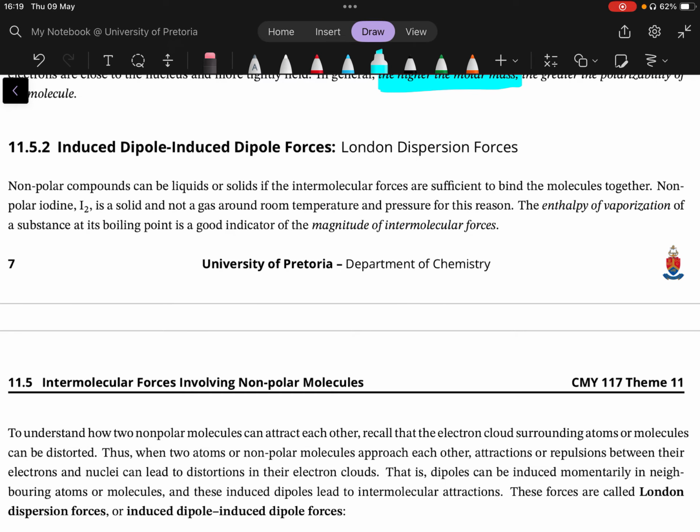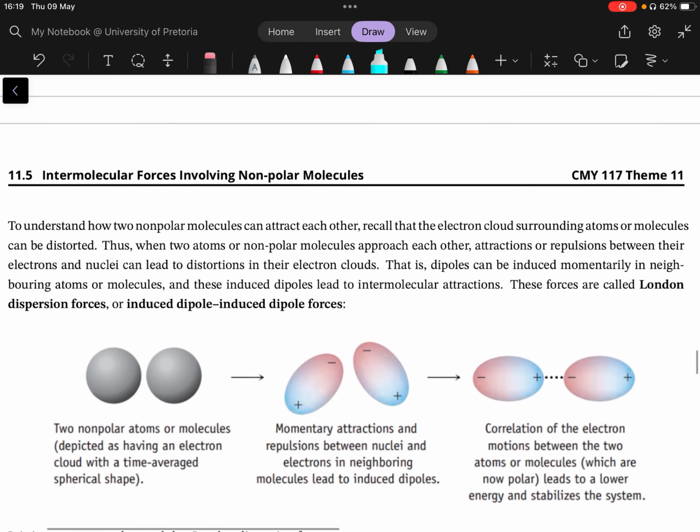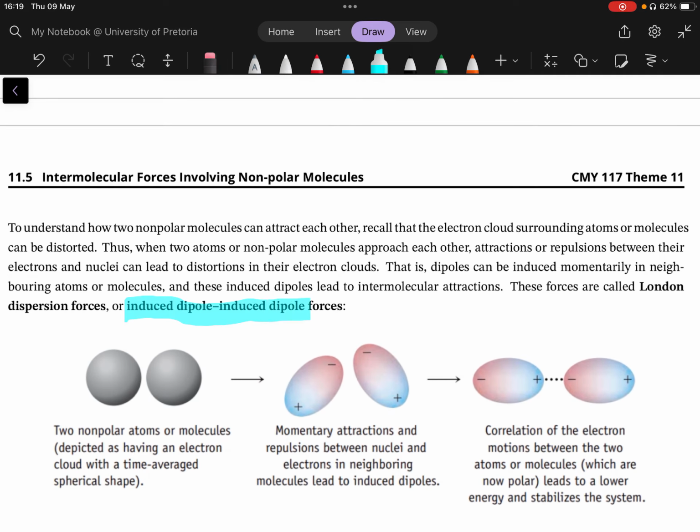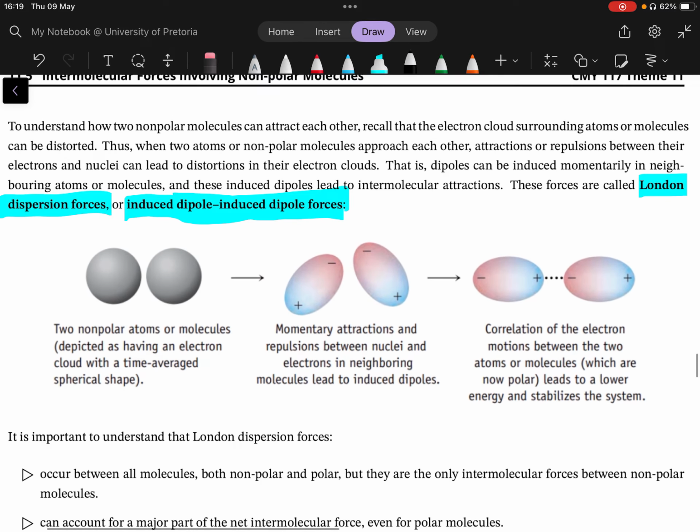What happens when we have two non-polar molecules? Well, in fact, they can also induce dipoles with one another, and we call them induced dipole forces. So it's sort of like peer pressure forces. These are also called London dispersion forces. London was a person, not a place. What it essentially says is, let's say you have two nonpolar molecules, two nitrogen molecules. If those two nitrogen molecules move towards each other, there is